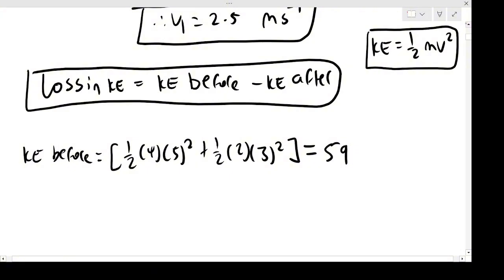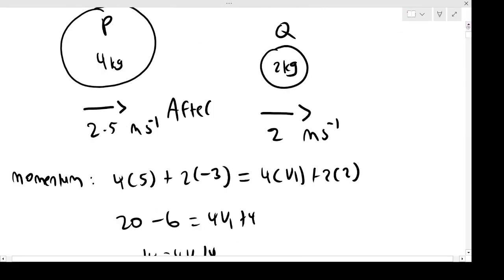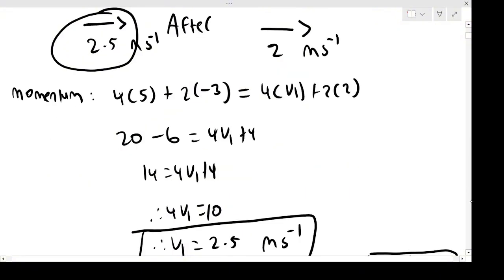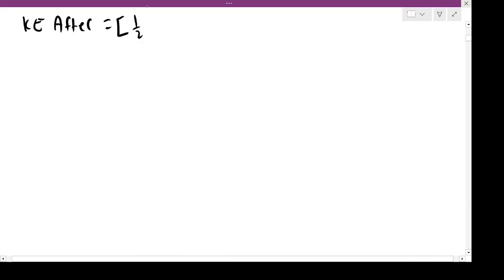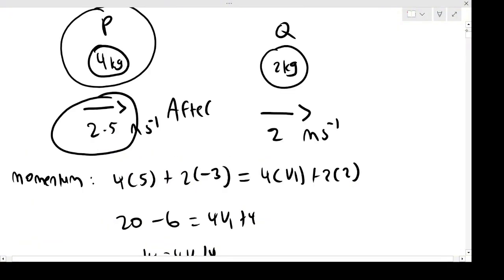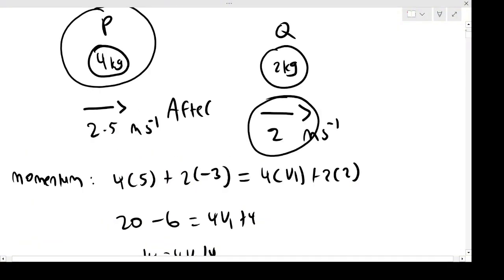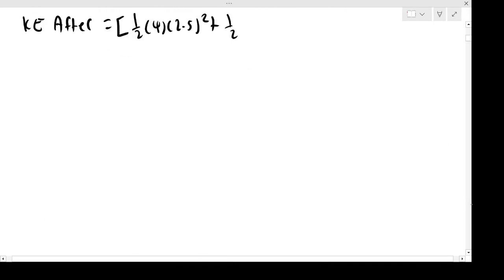Then we can similarly work out the kinetic energy after the collision. Firstly for P, after the collision, P has speed 2.5 and the mass of 4. So it's going to be half times 4 times 2.5 squared. And then for Q, after the collision, Q has speed 2 with mass 2 as well. So it's going to be half times 2 times 2 squared for Q. And again, if we work all that out, put it in the calculator,